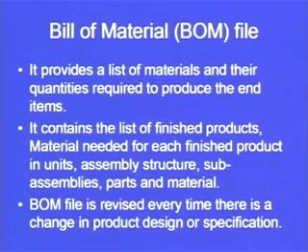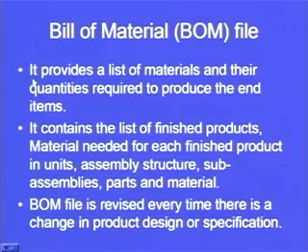The second input parameter is the bill of materials file. The first point is that it provides a list of materials and their quantities required to produce the end items. In order to understand it, we can take an example of a particular dish that we are going to prepare. Bill of materials basically provides us the recipe for that particular dish. We know that we are going to produce a particular dish. For example, we say we want to make a samosa. For making a samosa, we need to understand what the input parameters will be, or what the ingredients will be, or what the recipe of making a samosa will be.